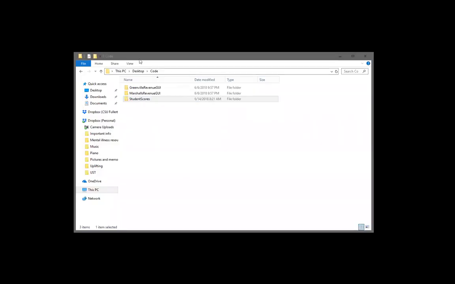So here's my form. All I do is click on the Save button. And what that does is, wherever I've saved my code to on my computer, so in this example, I've saved my code to a folder called Code on the Desktop. If I open that project folder and then go into the subfolder,